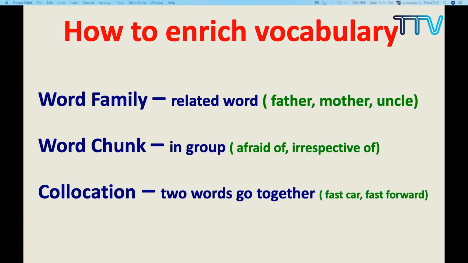And the second one is word chunk. Whenever you learn one word, it's important for you to write and learn the words in chunks, not just one word, afraid. You don't learn just afraid. When you put that word afraid in a sentence, there you will face some problem. So you try to see which word is used with the word afraid. So afraid of. Instead of learning afraid, you have to use afraid of, with the preposition of. So these are called collocation, irrespective of.